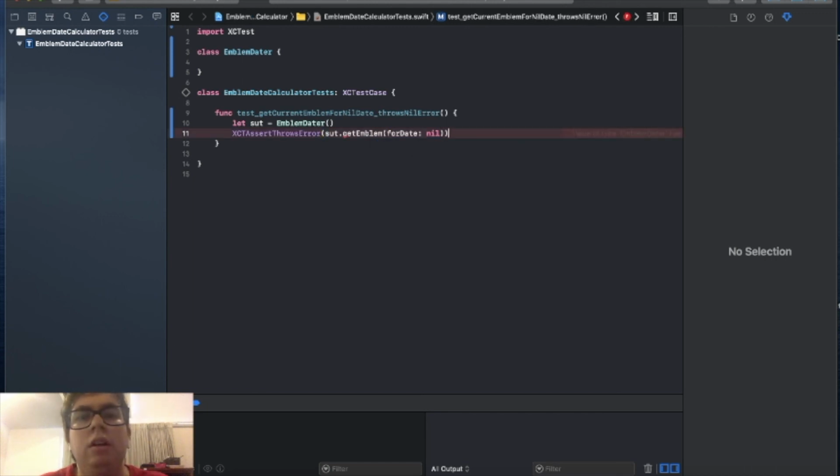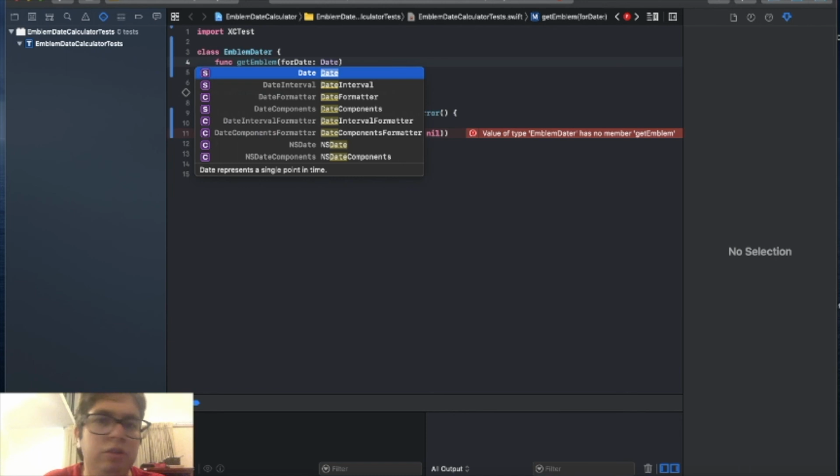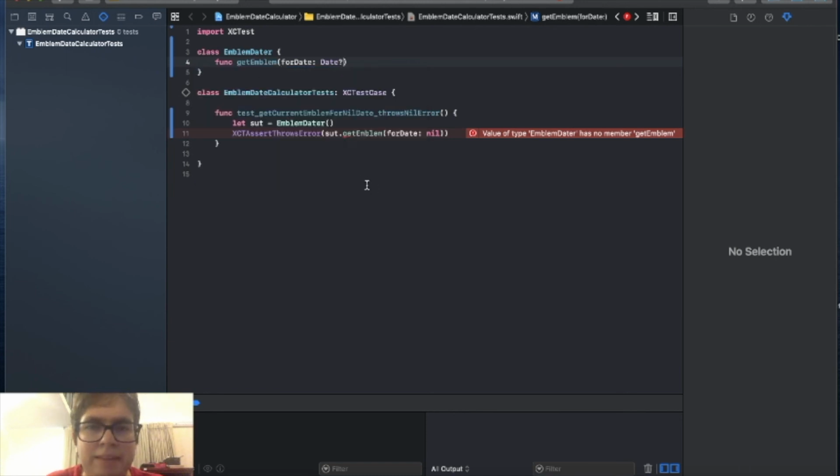Okay. Right now I'm getting another compilation error, which is no member get emblem. This is because the class doesn't have the function. I'm in the red state again. Okay, so I'm going to make it pass. Function get emblem for date, of type date, and since I'm passing in a nil value, I have to make this optional. Okay,